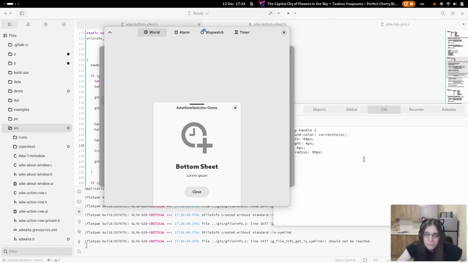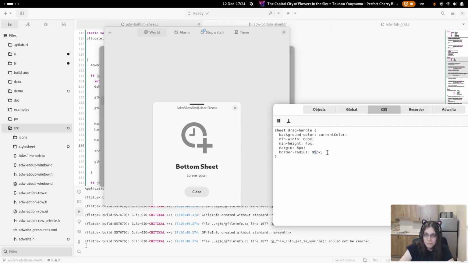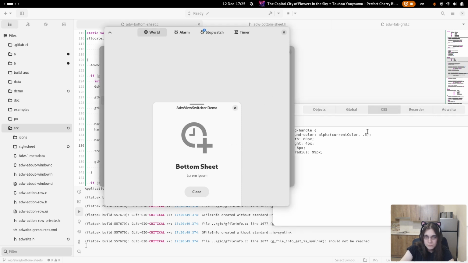Okay. Well, I guess I could just use 2, but I usually just end up specifying larger values so that if I later increase height, I don't need to change the radius. It'll just work. And I probably need to fade it out a bit. Something like this. Maybe even less visible.